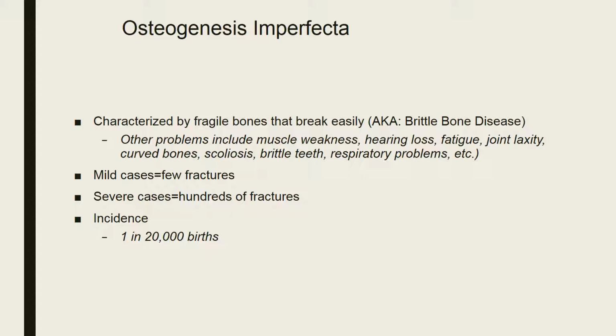Other problems are going to include muscle weakness. Because their bones are very brittle, there are curved bones, and those curved bones may affect how those muscles and ligaments and tendons all line up. So again, you may have that soft tissue shortening. You may just have weakness because you can't use those joints or bones as much as possible. Because you do have curved bones, you may see a scoliosis,